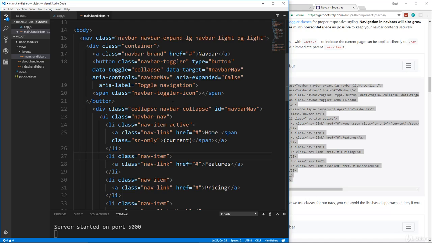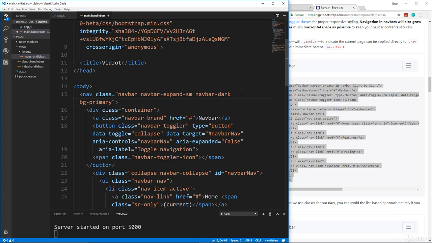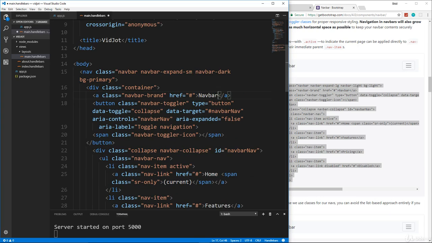All right, so there's our nav bar. Now we're going to change a few things. We're going to change this nav bar expand to be nav bar expand SM because I only want the collapsible button on small screens. All right, we're also going to change this to nav bar dark, and then change the color to BG primary, which will make it blue. Okay, let's change this right here, the branding to vidjot,